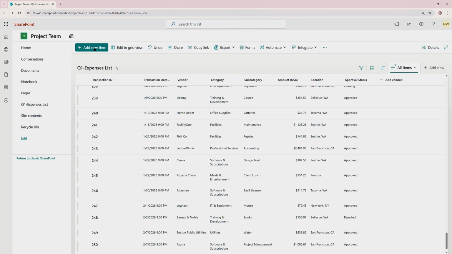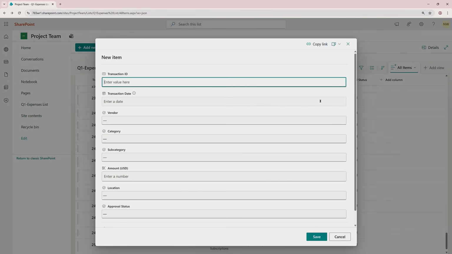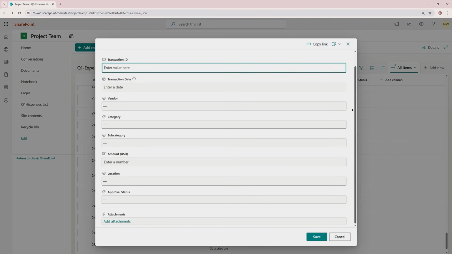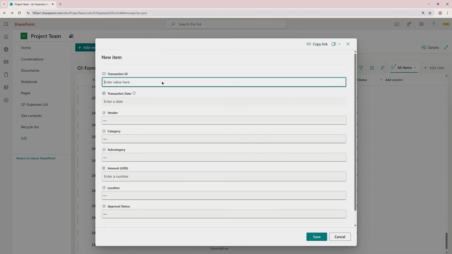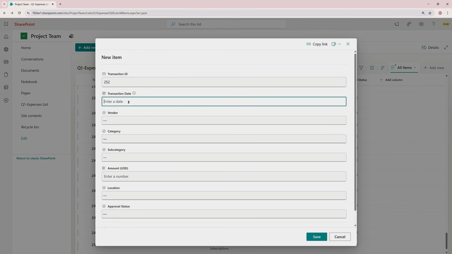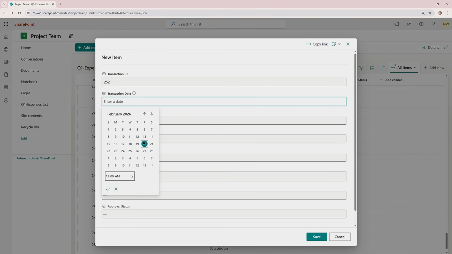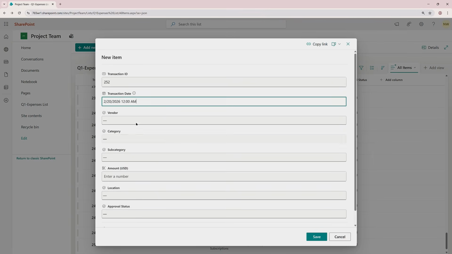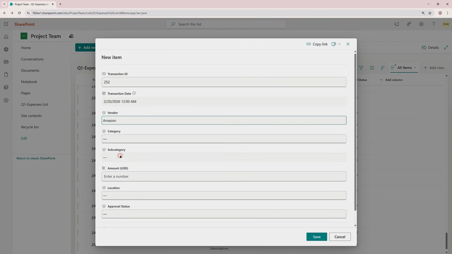You may prefer to click on the Add New Item button here. This will give us a form view. Forms are a great way of entering information. It makes it much more efficient to enter the data. So I'll add a new item here, and here's the form. You don't have to worry about navigating those columns. You have really nice clickable actions here. Let's see how quickly I can do this. Now I can just press the tab key. I'll choose today. And there you go. Amazon,